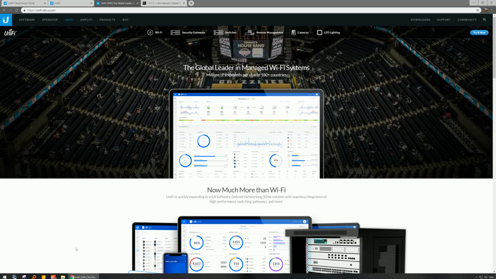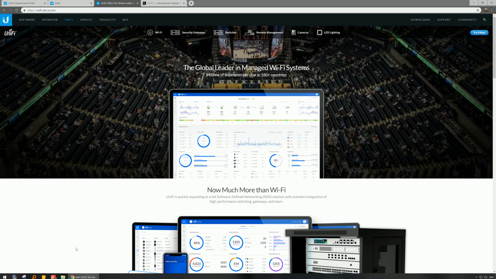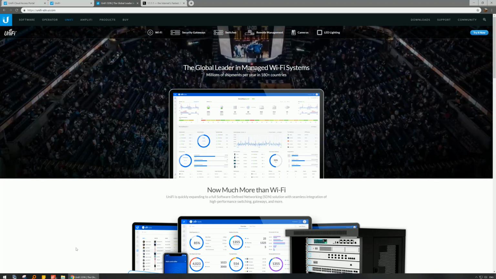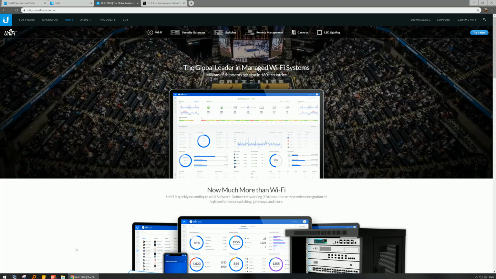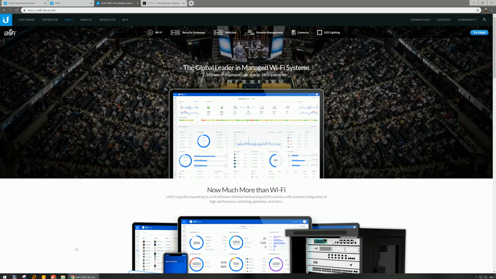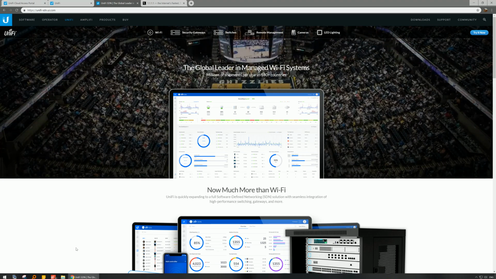I'll also show you how to set up your Wi-Fi for better security in a small office or home network. And we'll also look at wireless decisions regarding smart home devices. I am going to demo this using Ubiquiti's UniFi system. They've become a very popular brand, and I have my own home network using some of their products. At the end of the video, I'll show you a quick way to set up something similar on a consumer